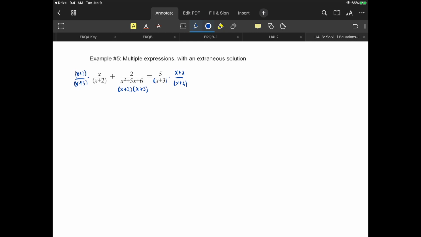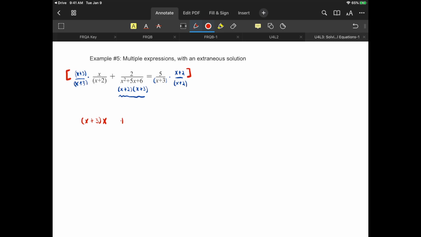You could write this all out, with all of the denominators being x plus 2 times x plus 3. But you know that's going to happen. And then you know the next thing you're going to do is you are just going to make an equation out of the numerators. So you can skip straight to doing that once you've done enough of these and you feel comfortable with it. So all I'm going to write here is that this numerator trio ends up being x